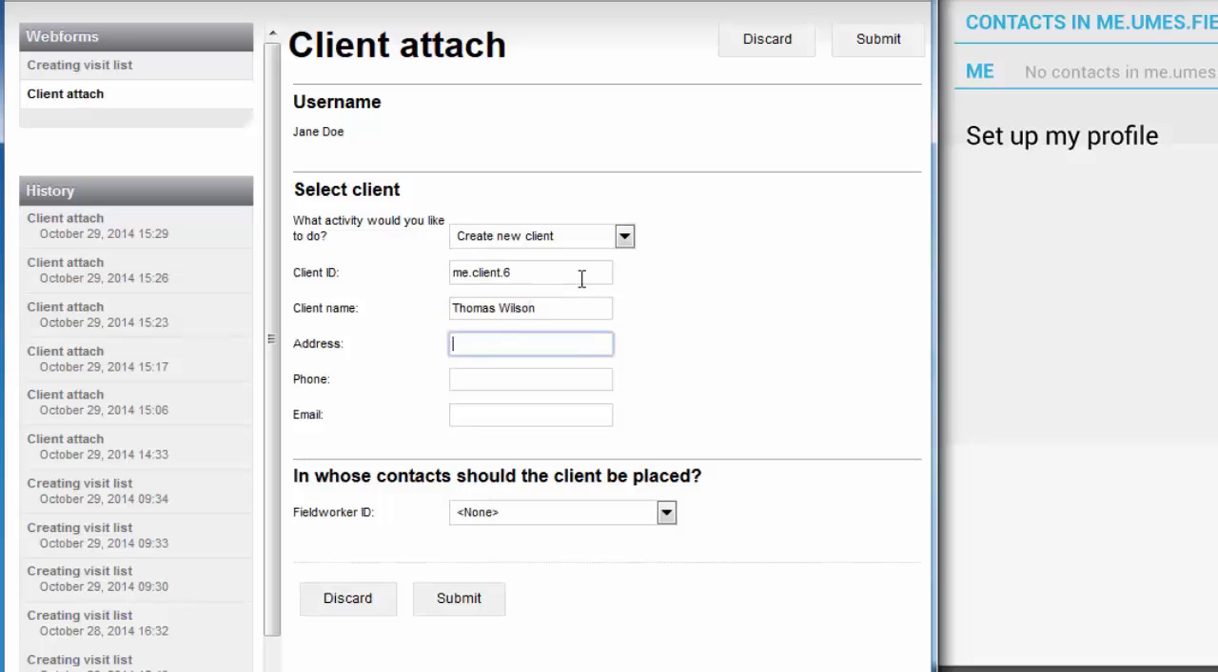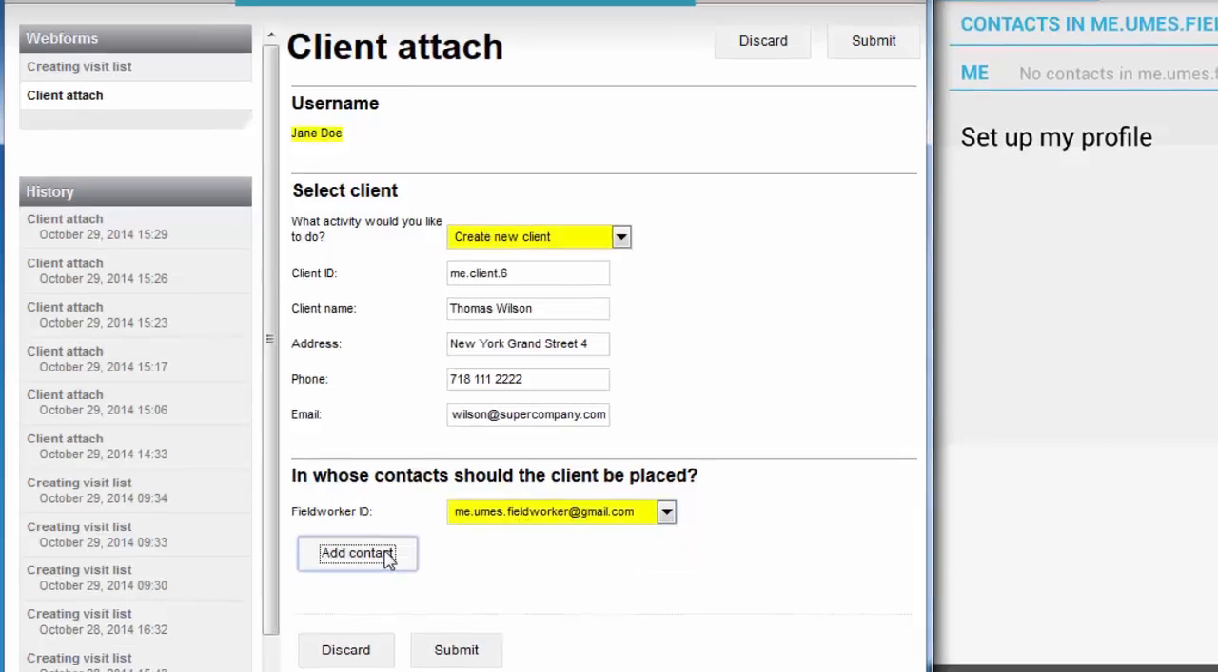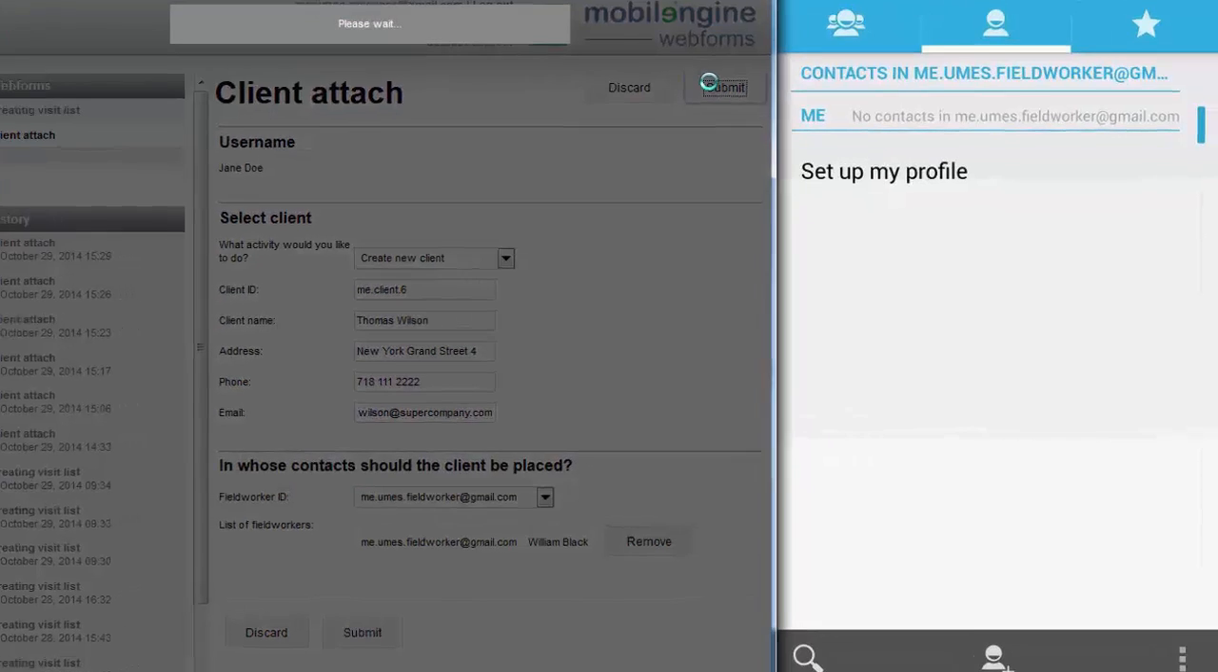On this form, the manager selects an activity. She can then create a new client or select from a list stored in the database. She chooses to create a new client, and this means the manager needs a unique client identifier, the name of the client, which is Thomas Wilson, the address, 4 Grand Street, New York, the phone number, and the email address, which is thomas.wilson@supercompany.com. After this, Jane will select the field worker that she wants to assign Thomas to as a contact and